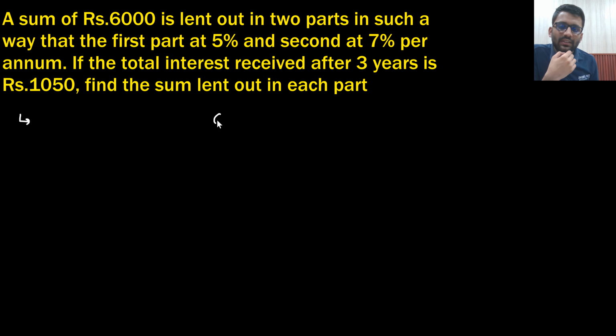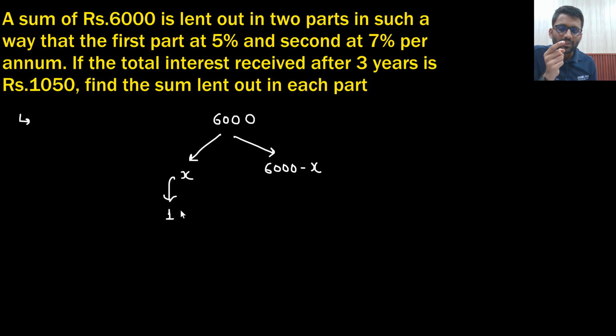Okay, so 6,000 rupees was there. X you invested here and 6,000 minus X you invested here. This you gave at 5% per annum for 3 years. That means 15% of this you will be taking. And 7% for 3 years, that means 21% of this you will be taking. And then the addition of this is equal to